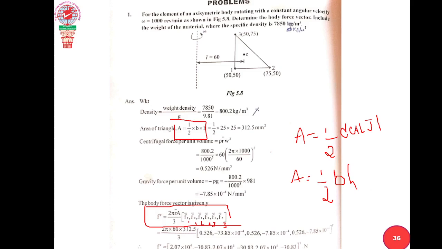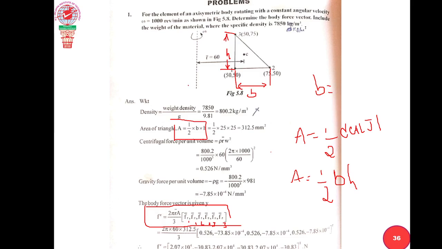Now we need to find the breadth. Please show it in the figure. This is called breadth. In the figure, please show it, all of you. And this is called height, isn't it? Now, B is the breadth. What is the breadth here? Can you tell me? B equal to how much?